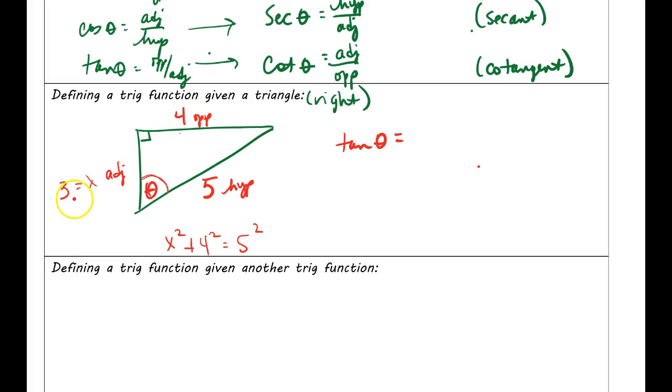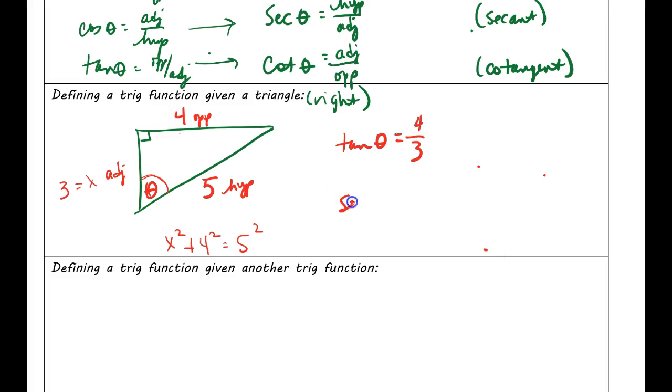So once you find all the sides and you label them with opposite, adjacent, hypotenuse, now you're just answering the question of what is the tangent? Well, tangent's opposite over adjacent, and so you would just answer it with 4 over 3. And that's it. It didn't say find the angle. It just said find the tangent. So 4/3 is your answer.